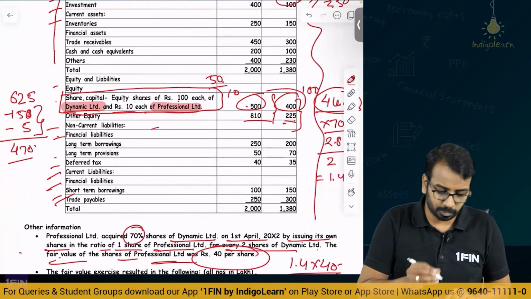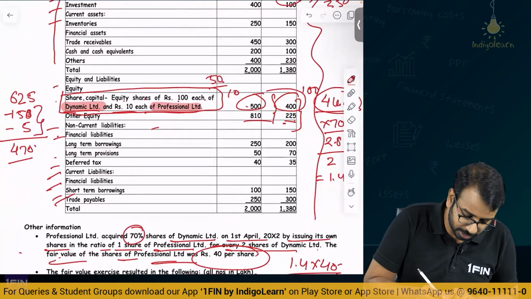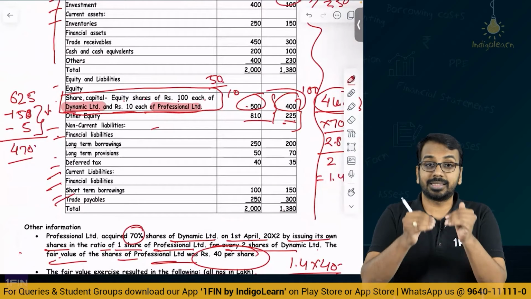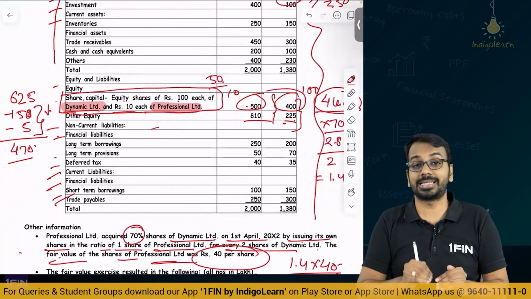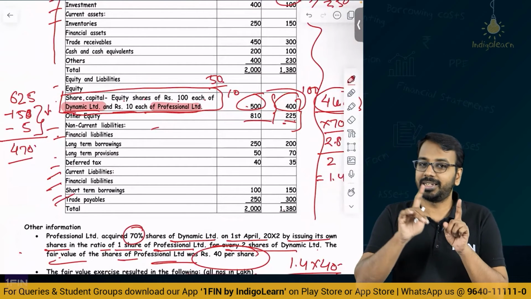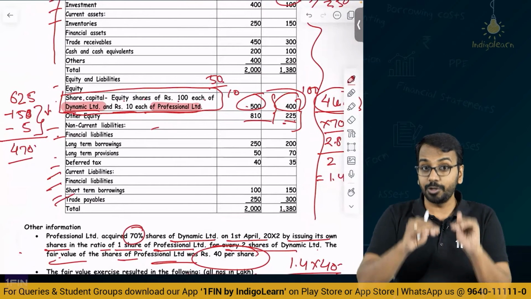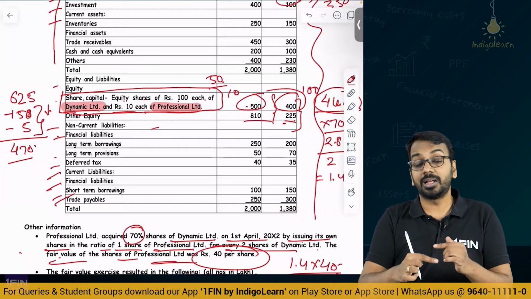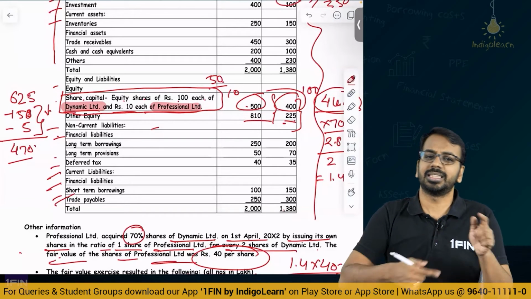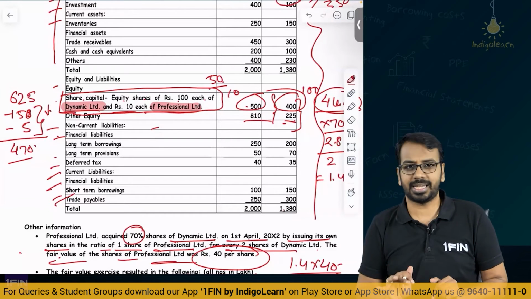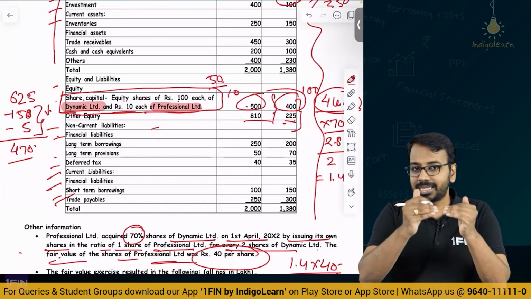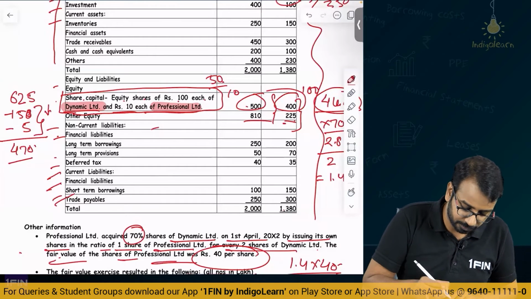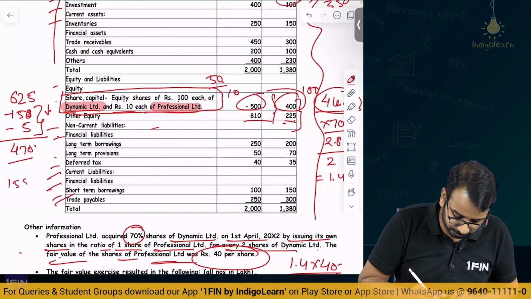And there is a deferred tax impact of this. What is the deferred tax impact? One, the asset decreased by 150. When the carrying amount is less and the tax base is higher, it creates a deferred tax asset. So if an asset is reduced in my books, it creates a deferred tax asset. We have learned this in Ind AS 12. Similarly, if a liability increases, that also creates a deferred tax asset, right? So asset reduction, liability increase. Put together, 150 and 5, we have 155.